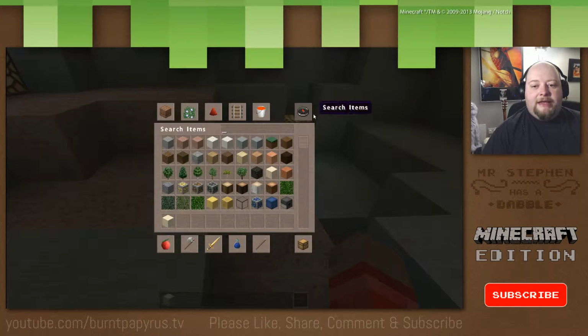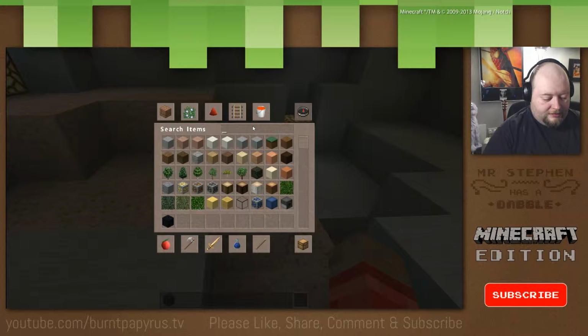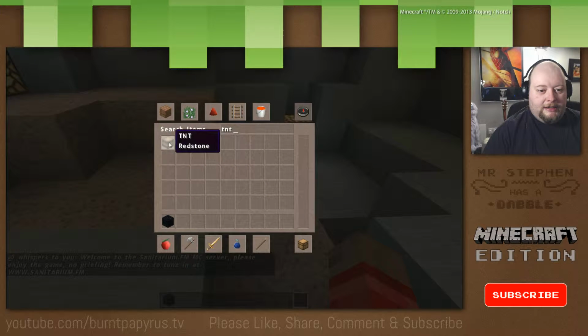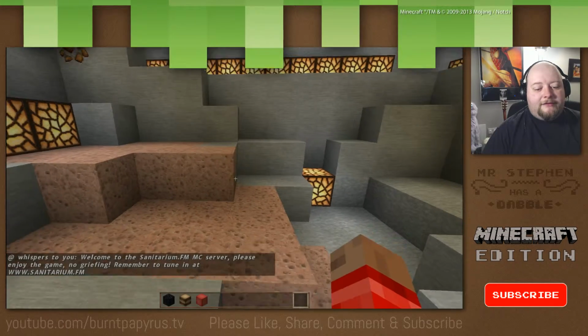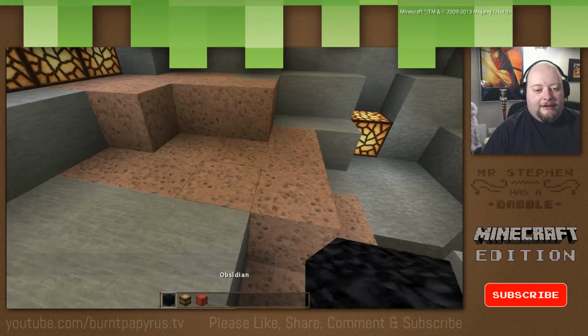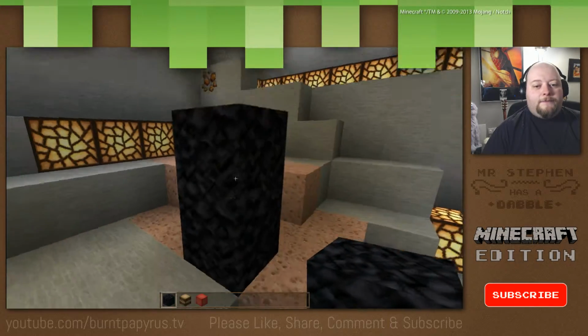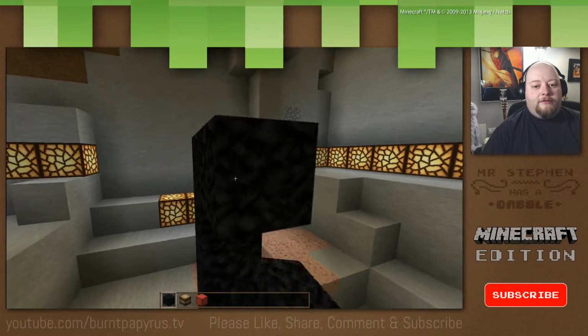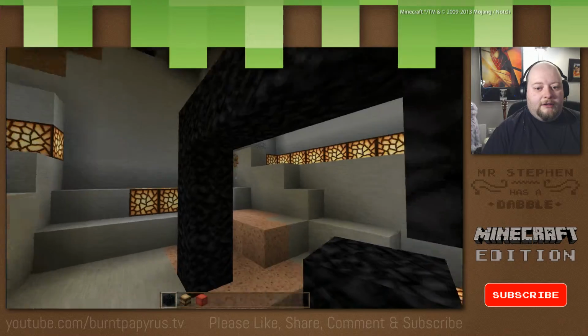and we're going to build a little obsidian box. So we're going to have obsidian with this, TNT, and a redstone block. And what's going to happen is that you'll put your TNT down, you put your redstone block down, and that will make things explode. So we don't want this very big, we just want it big enough to sort of